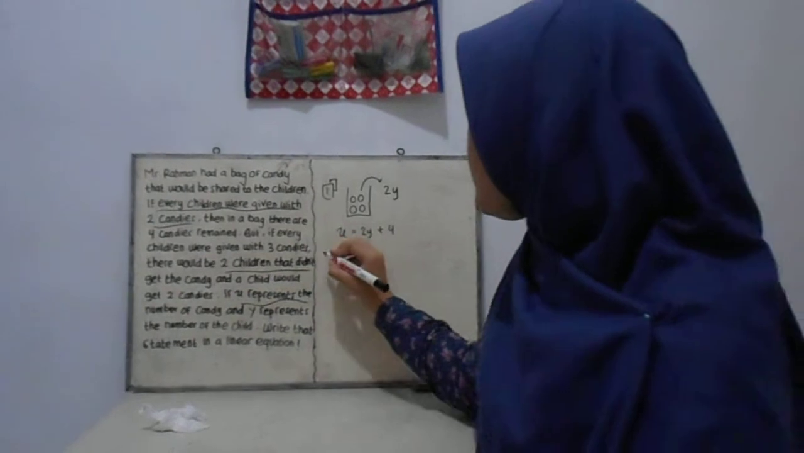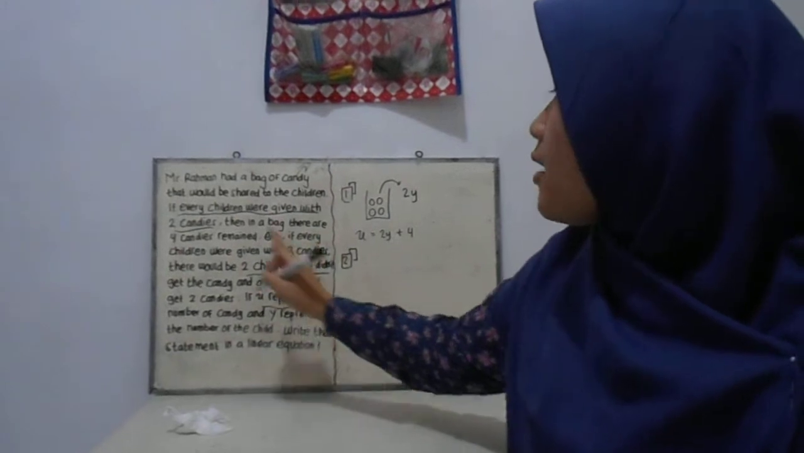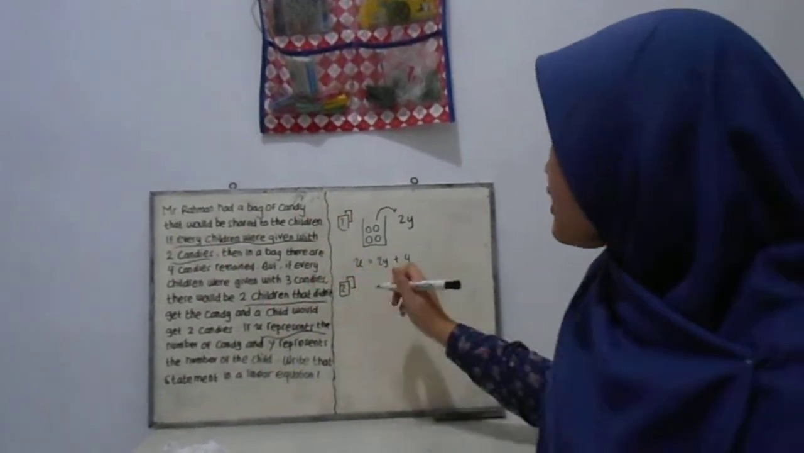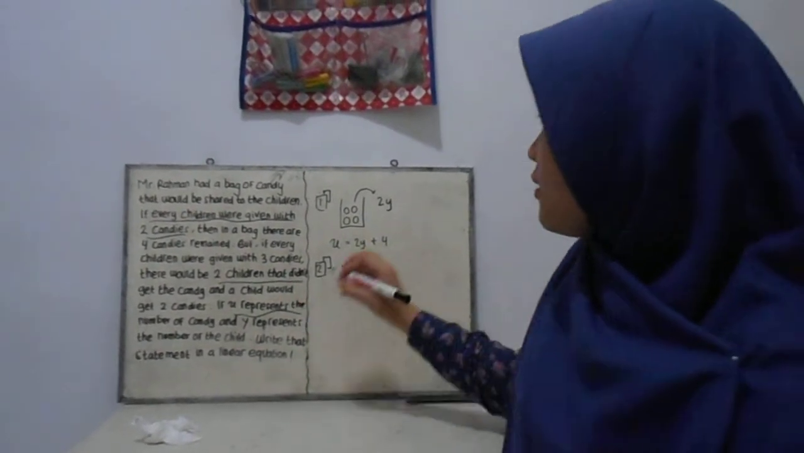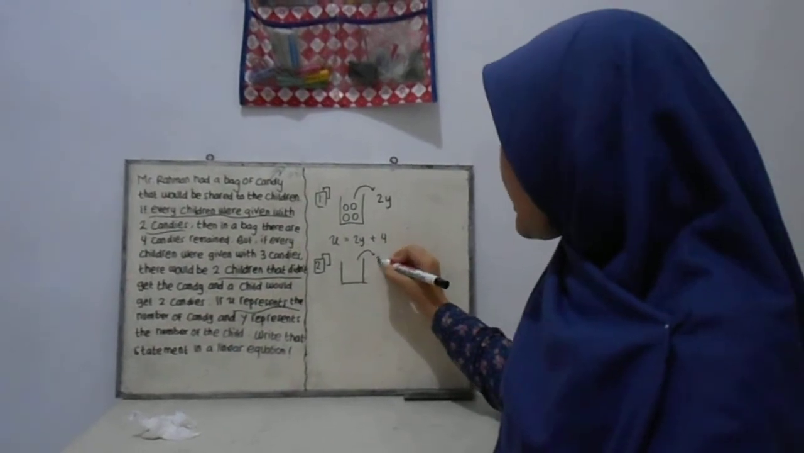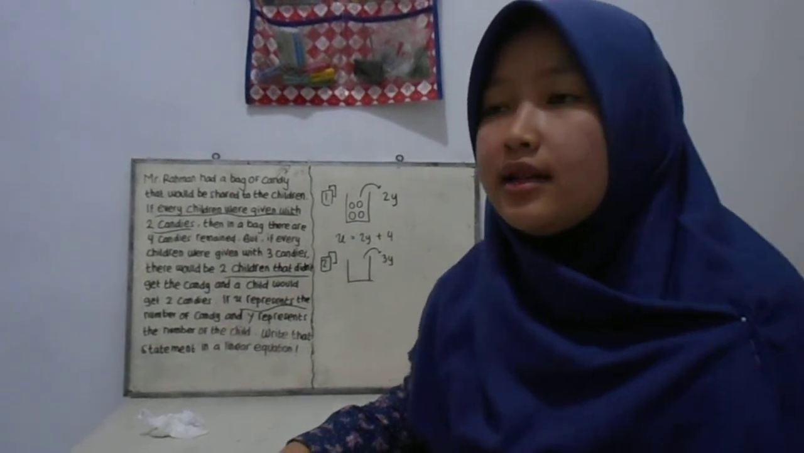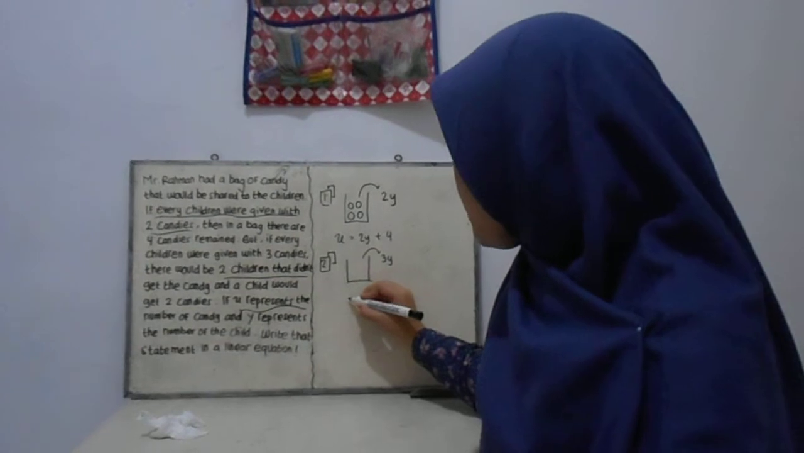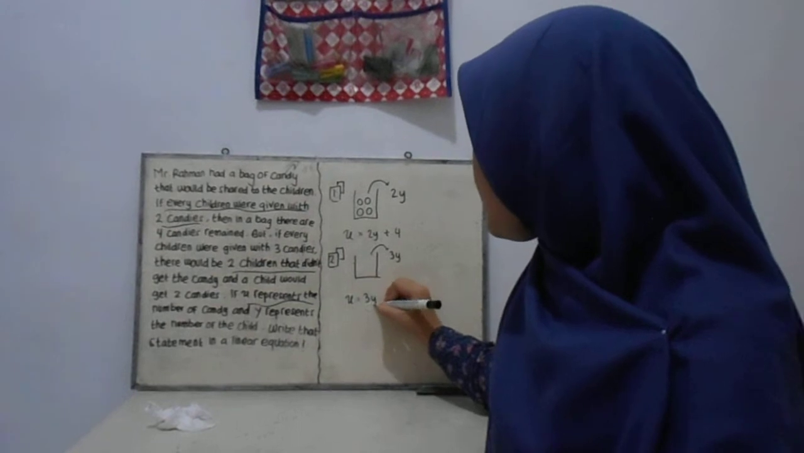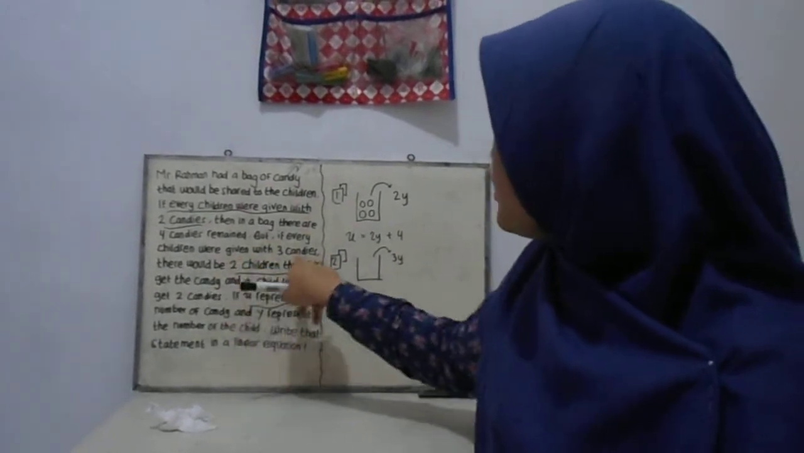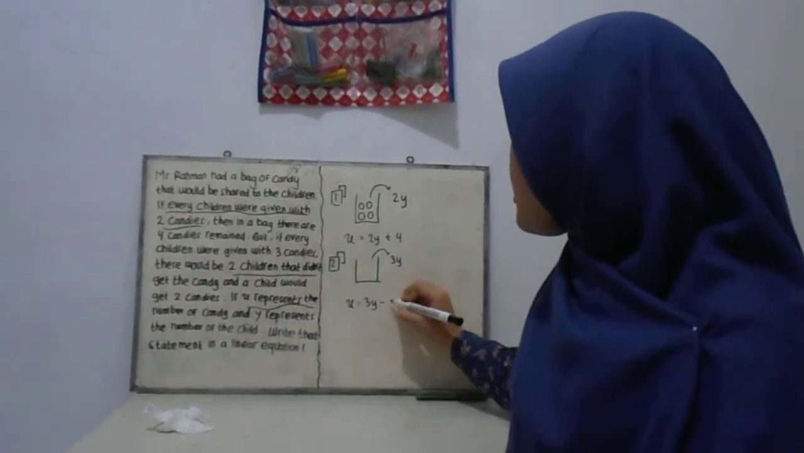And then the second statement is, if every child were given 3 candies, and this is a bag of candy, Mr. Rahman would share 3 candies for every child. We want to know how many candies in a bag, so we can write the statement with X is equal to 3Y, and there will be 2 children that didn't get the candy, minus 2